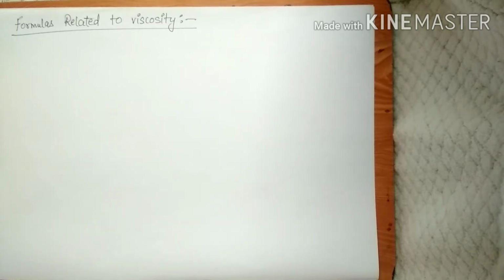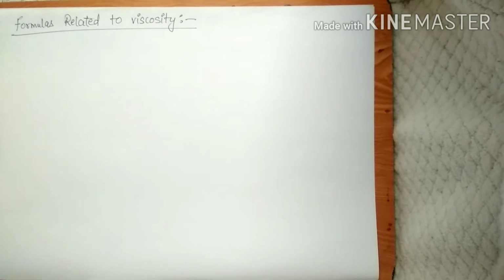Welcome to NetGate Chemistry. So in the previous video we studied about the kinetic chain length, some of the formulas related to radius and osmometry. So today we had to start with viscometry, but before that we are going to study some of the formulas related to your viscosity before starting your viscometry.